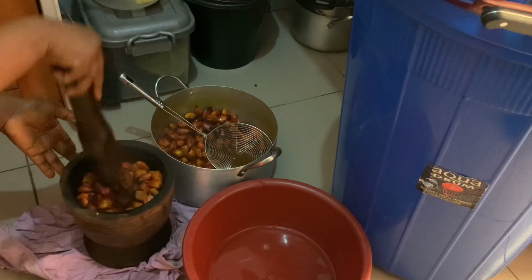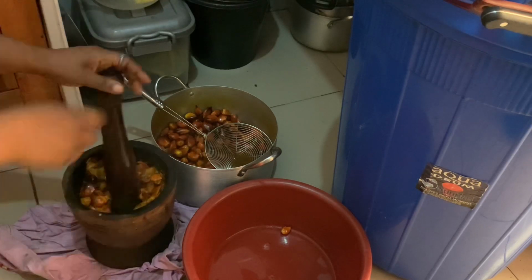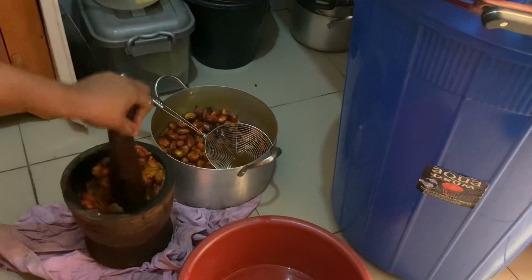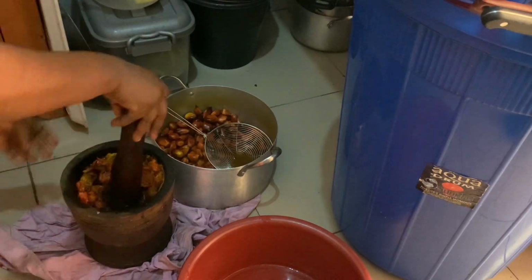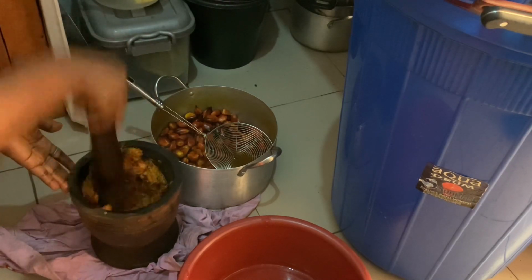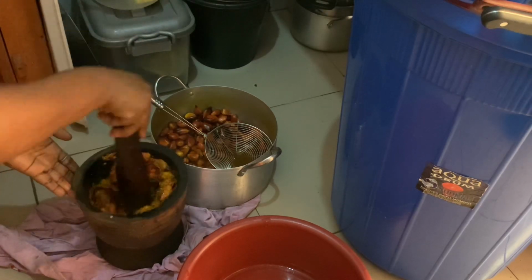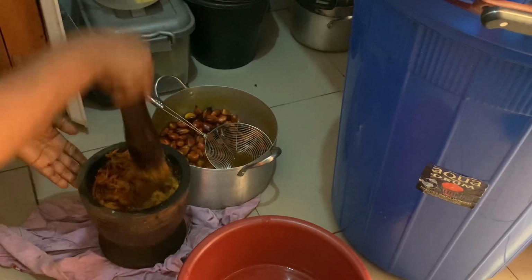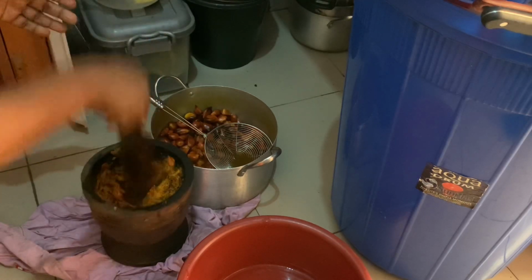I have a cloth underneath my mortar. That is because my kitchen is made with tiles and I live upstairs, so I wouldn't want to break the tiles doing this process. So that's why I have a cloth underneath my mortar. I'll be doing this for all the palm nuts in the pot, and after mashing them up, I'll be turning them over into the red bowl. I'm sorry it's not in frame,